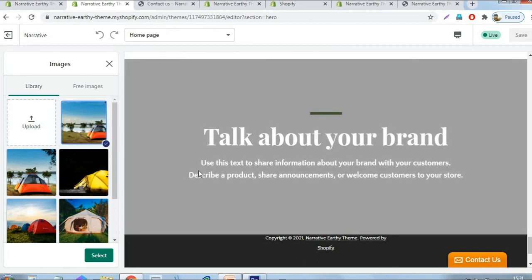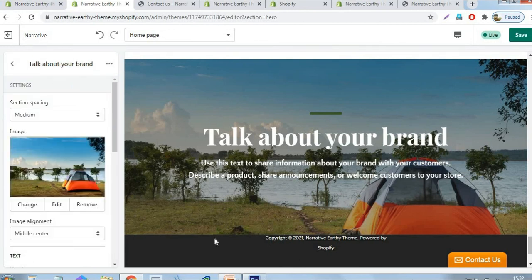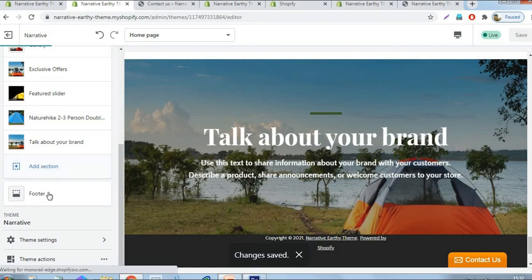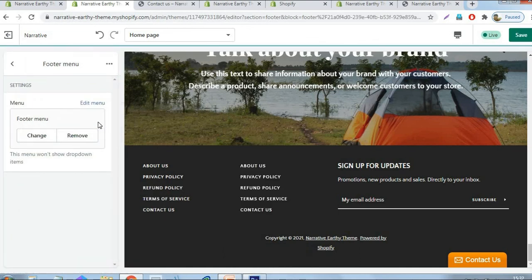The heading shows talk about your brand. You can display any text, any rich text in this area. In this theme, you need a lot of photos to use in the home page. That's the beauty of this theme. Okay, then we are coming to the footer area. Already the footer menu is displayed here. Then we will add